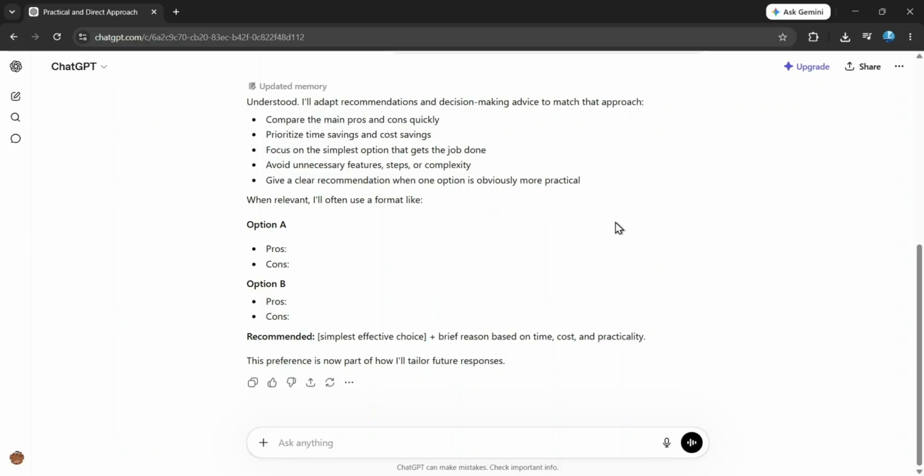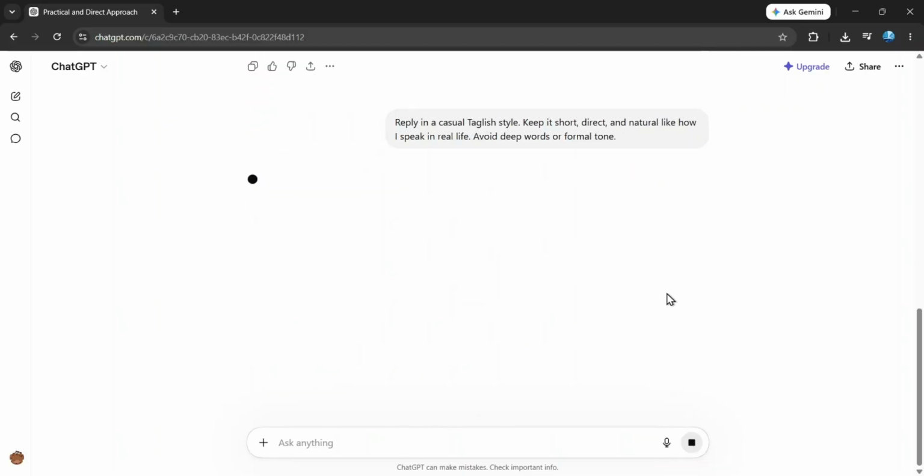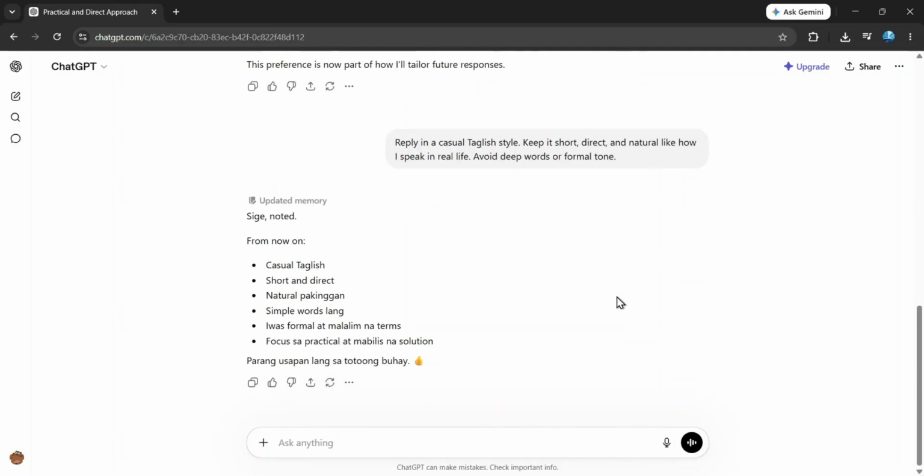To fine-tune how it speaks to me, I click the search bar once more. Now, I explicitly type out that I want it to reply in a casual Taglish style, keeping things short, direct, and natural while avoiding deep words or a formal tone. I click the Send button to submit the preference. The model saves this rule in its memory and responds in the exact style requested, confirming that from now on, it will use casual Taglish, stay short and direct, use simple words, and avoid formal phrasing to keep our conversations